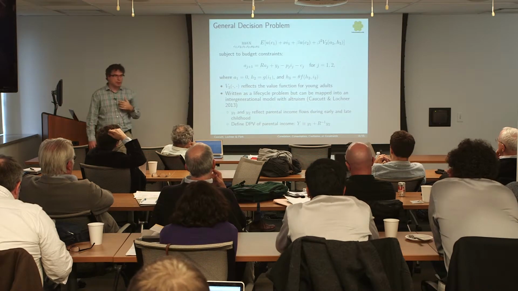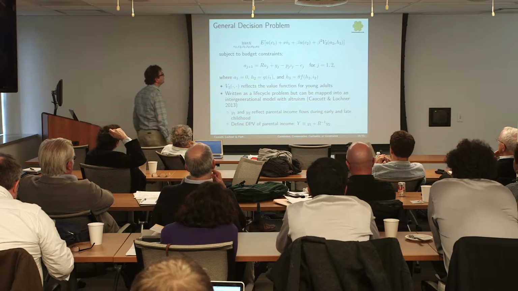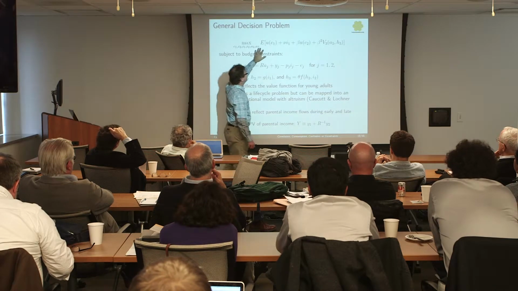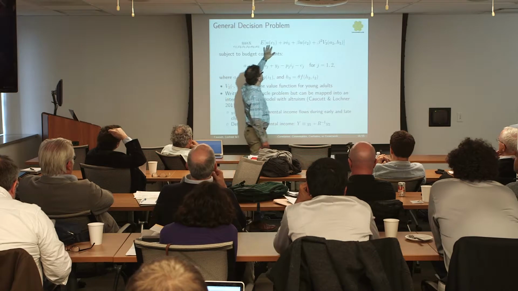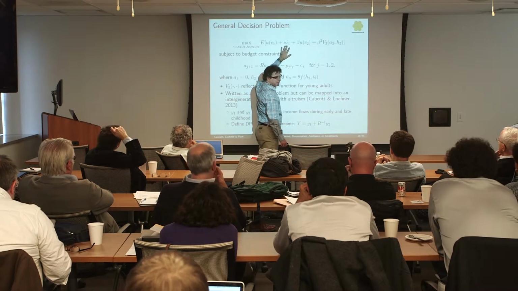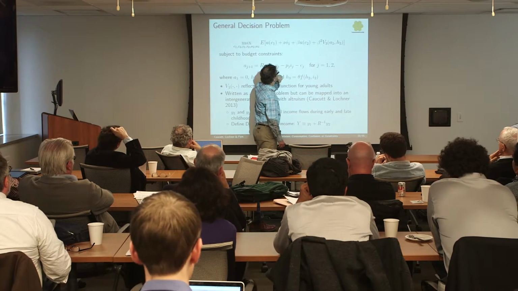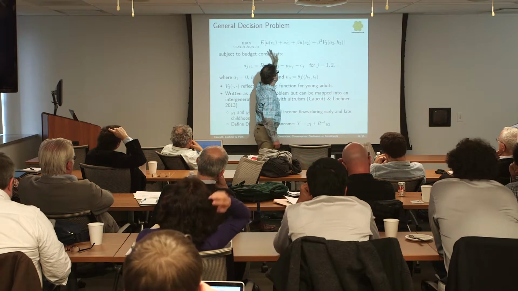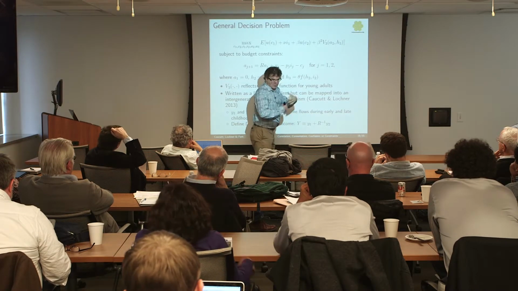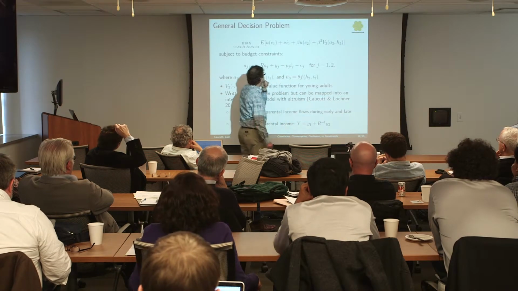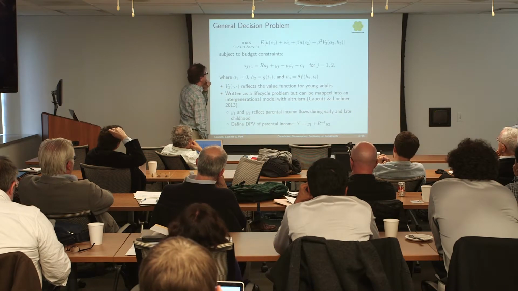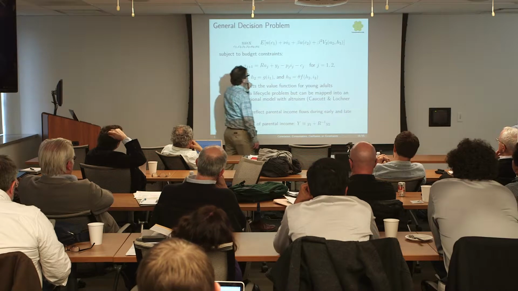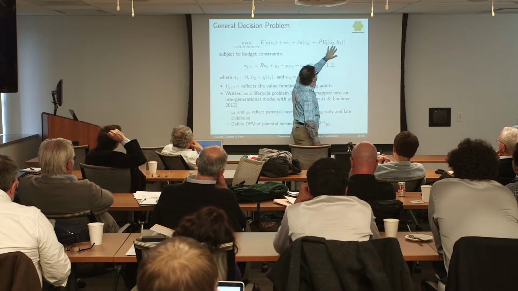So here's what the problem is. Very simple. We're going to maximize the expected value of discounted lifetime utility, where I've got my consumption in here. Here's the potential utility cost of investing in my children. I don't have a utility value of second period investment, although that would be easy enough to add. We're mostly focused on what's going on in the earlier phases of life. And then there's some value function once you become an adult.